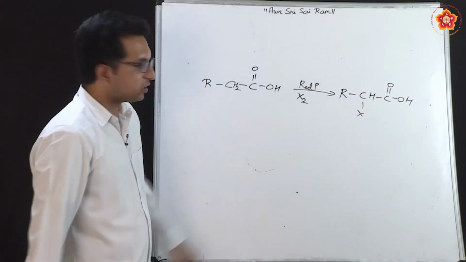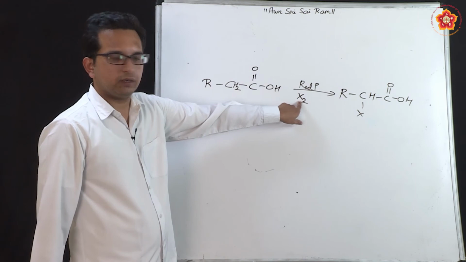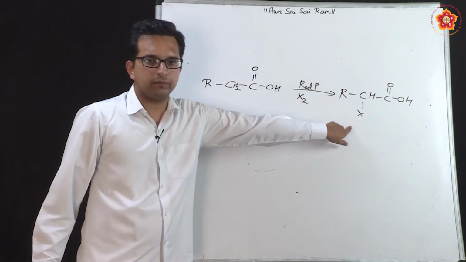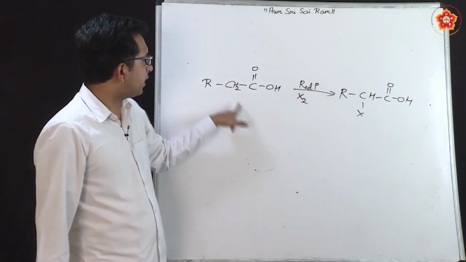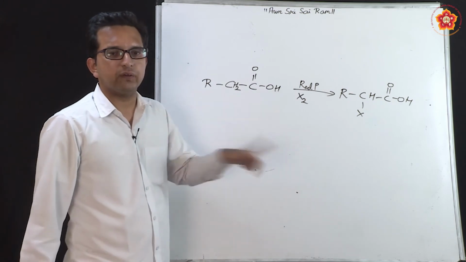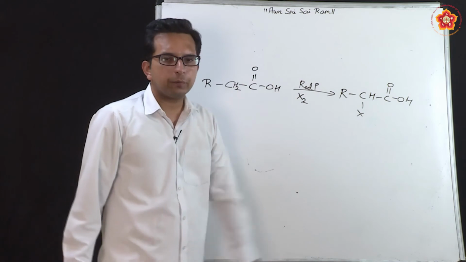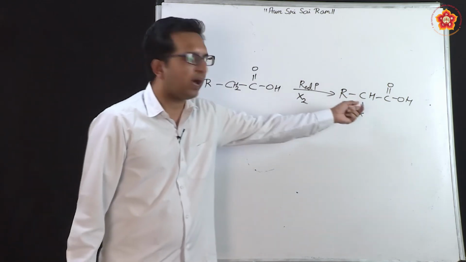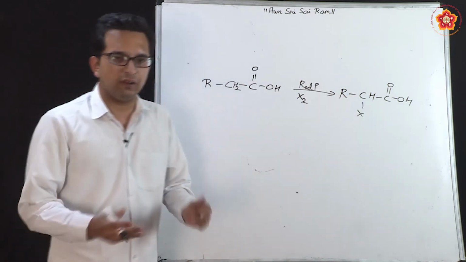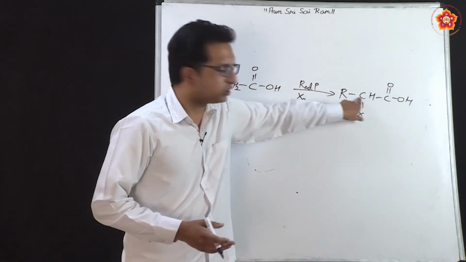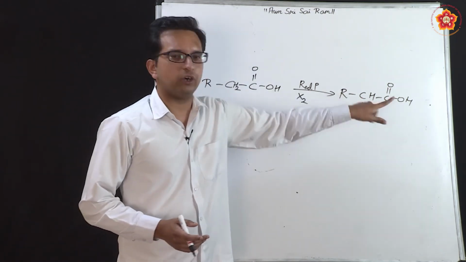So, what is the byproduct? Remember there is another halide atom here; out of X2, only one X has come here. So, the other X will combine with the hydrogen that got left away from this, and therefore, it will form the byproduct HX. So, this is the main product, which we can call an alpha halogenated carboxylic acid, alpha because it is at the alpha position, halogenated carboxylic acid.